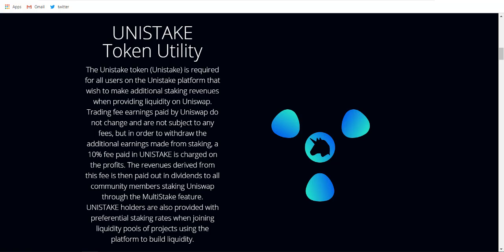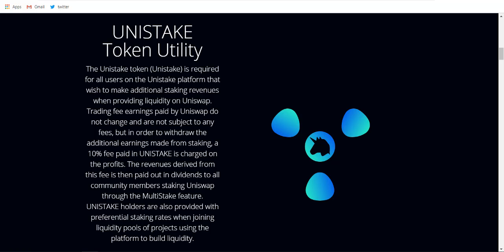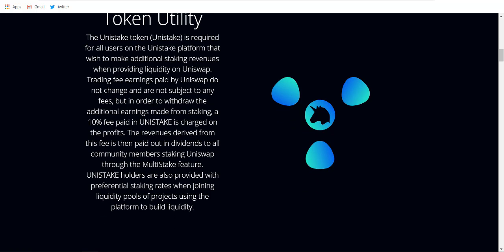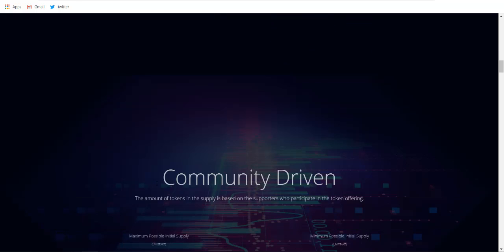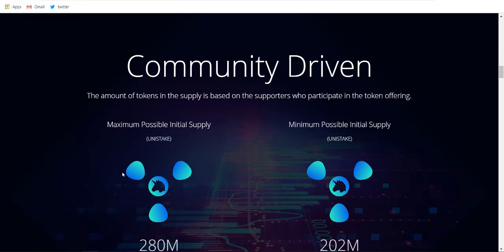The revenue derived from these fees is then paid out in dividends to community members staking Uniswap through the multi-stake feature. So as I told you, this 10% of fees that we are paying while unstaking will be shared with all the community members who have staked in the multi-stake pool. Unistake holders are also provided with preferential staking rates when joining the liquidity pool of projects using the platform to build liquidity. So these are all the advantages that we are getting through it, and also it is a community driven